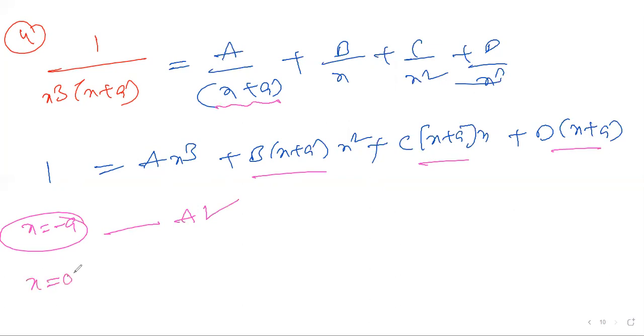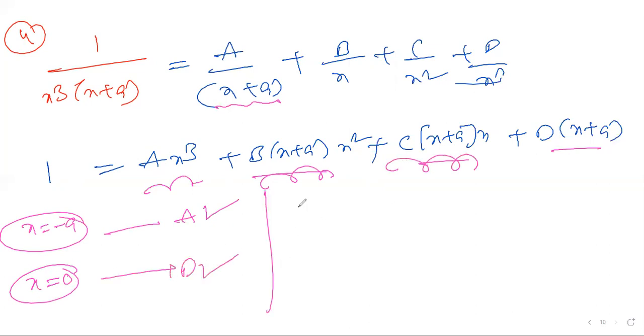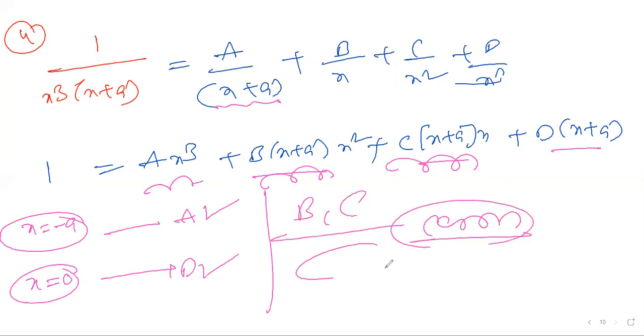Next, x is equal to 0, you substitute. This is gone, this is gone, this is gone. This should not be gone. You will get the value of d. For the remaining b and c, open and compare the coefficients, and you will get the answers. By making a relation, substitute this value and work it out. You will get the answers, it should be simple. Clear? Yes, sir. Clear.